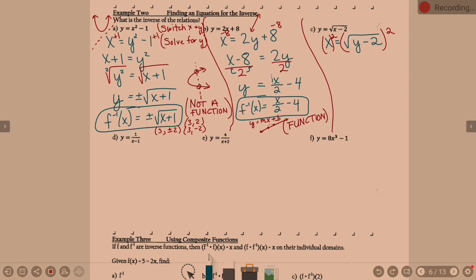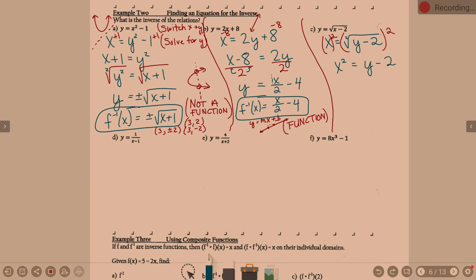What is x to the second? x squared. What happens when you square a square root? It just becomes y minus 2. That's the poof, isn't it? You square them, they cancel each other out, because that was a square root, right? So you end up with